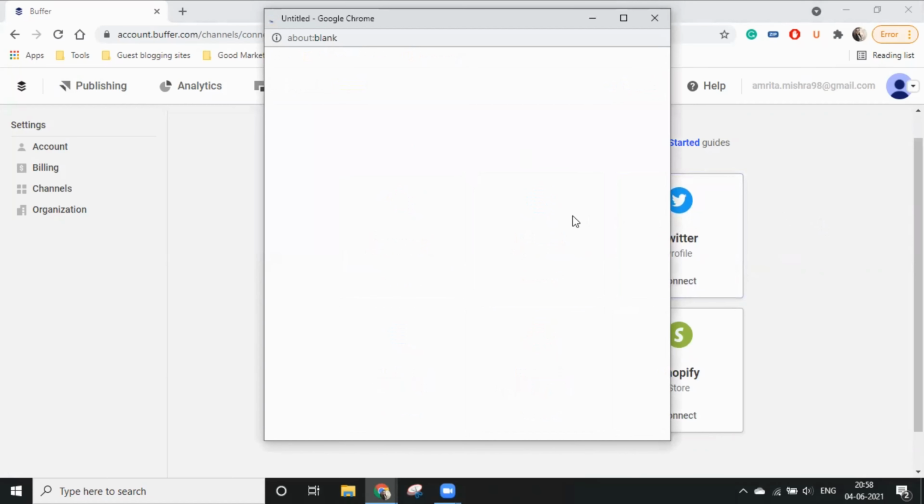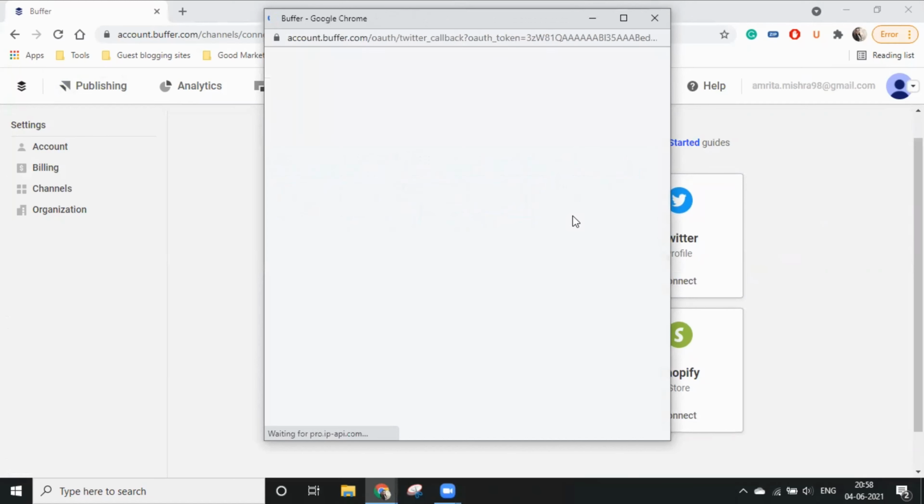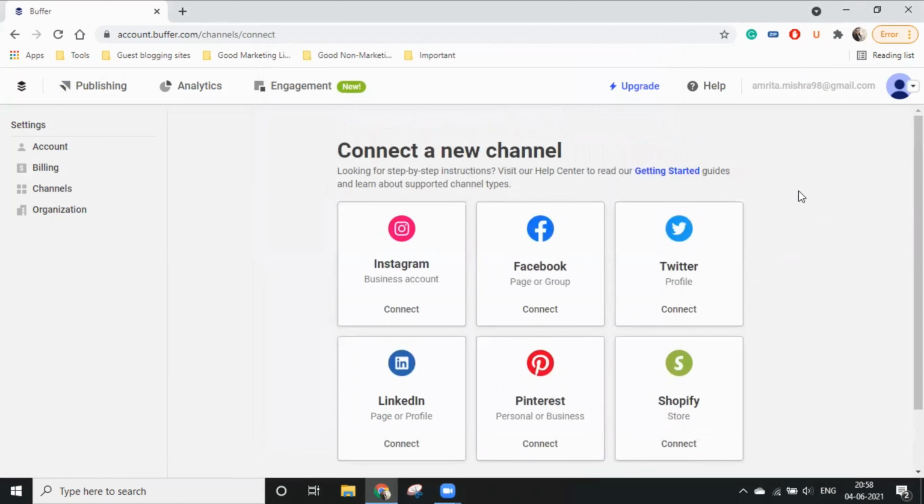Let me just log in. So I'm waiting for my Twitter account to be connected here. For this, if you're not already logged into Twitter from the website, I recommend you do that first.